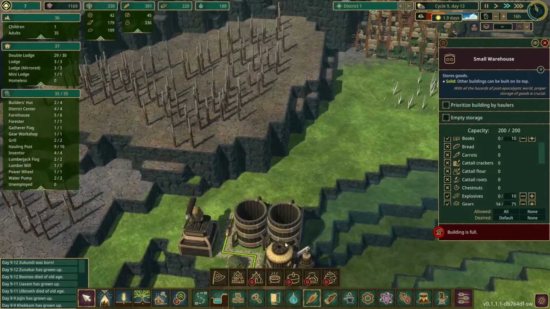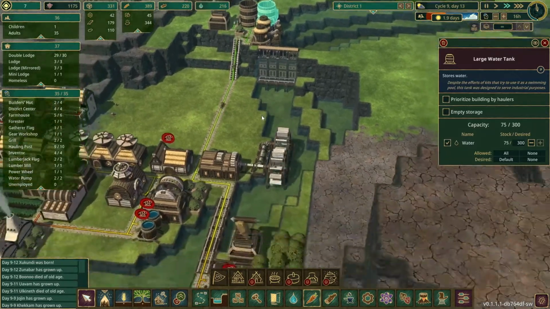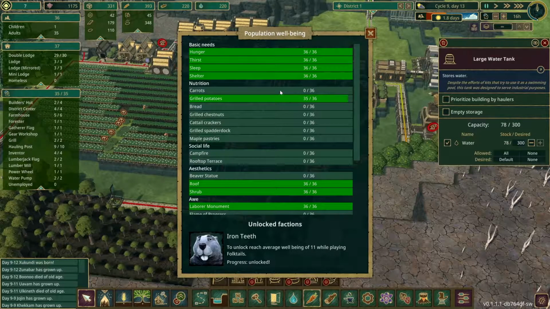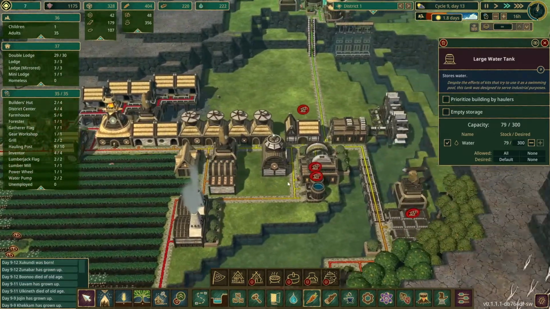I want to see if this water thing's still not full. That's crazy. I could put another one up here, but I'm technically done with this map. I don't have my 8 pause because of food. It's not a big deal. Let's see what else. So I did build